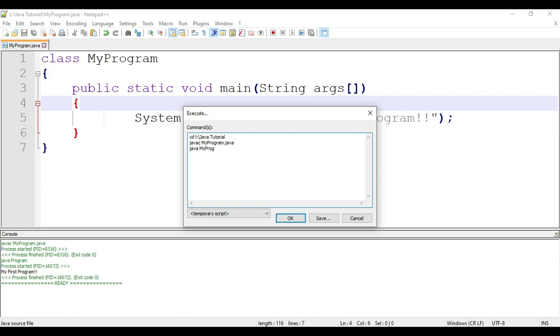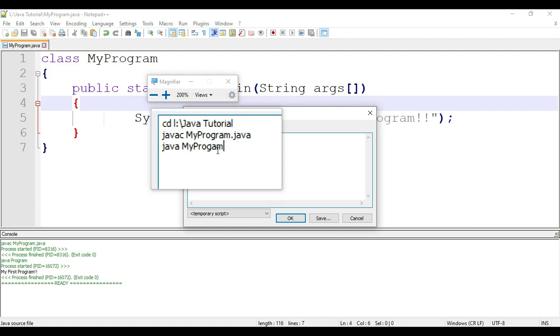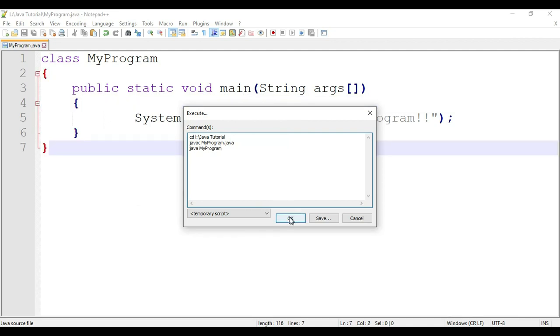Here you need to be careful because Java is case sensitive. So this is my entire command: cd, L is my drive, and then the Java folder, javac command, and then javac is for compiling, java is for running your program. So now let me click on this OK button to get output.